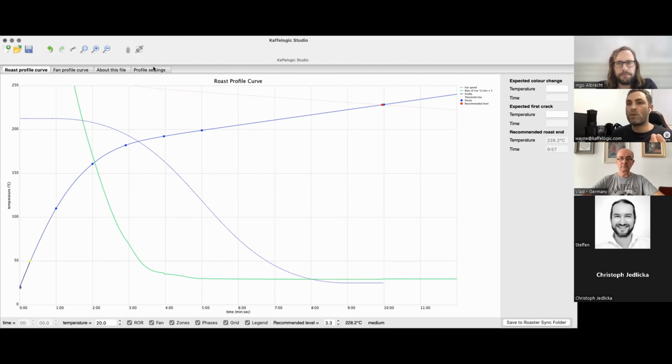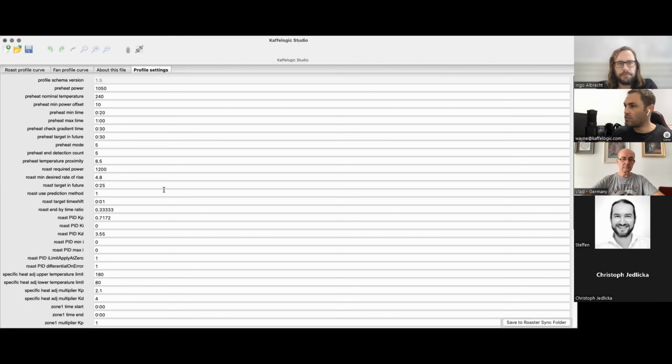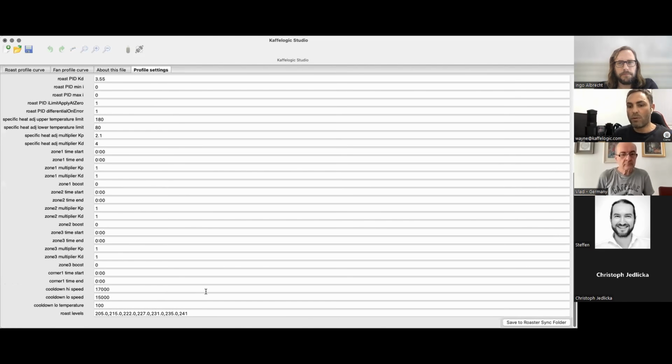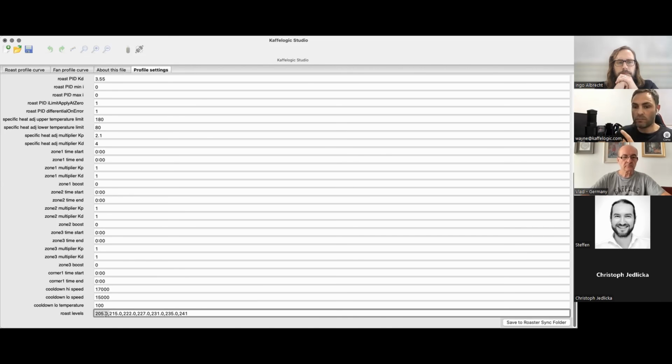Now, where do these temperatures sit? If we go to our profile settings, all the way down, here are the roast levels that those recommended end level temperatures actually sit on. What I mean is the 205 degrees here is 0.0. So that's 0.1 effectively. Okay, so that's level 0.1. This is level 1, 215.0 degrees. That's level 1. This is level 2. And this is level 3,